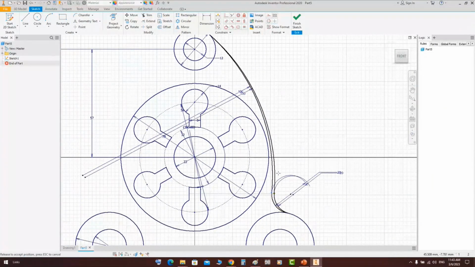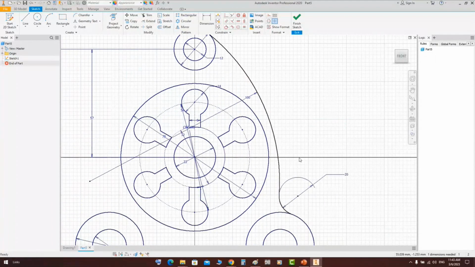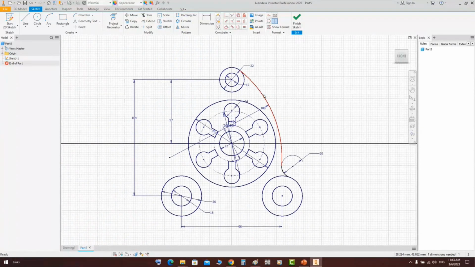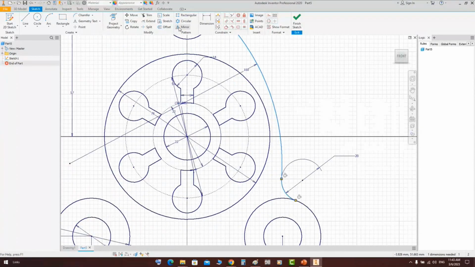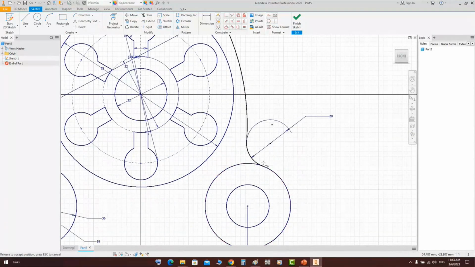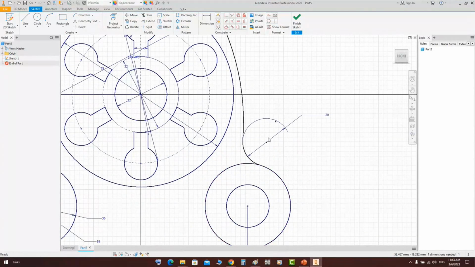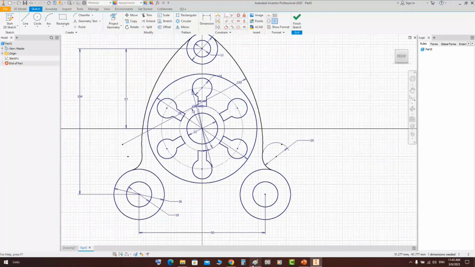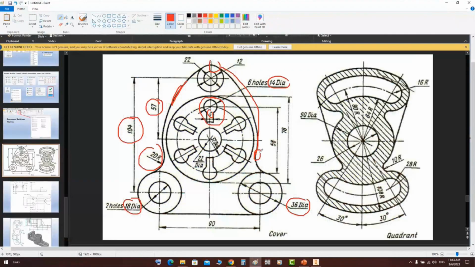So by that way, you will get a tangent one like that. And if you would like to make a mirror for those items around the vertical line here, you will get that one. Now let's make this point vertical. I think vertical will not give the same result